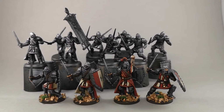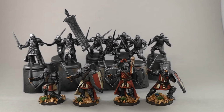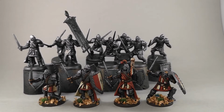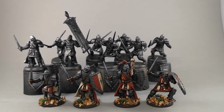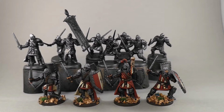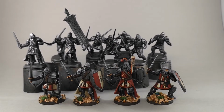I'm going to be taking you through the painting process for my Men-at-Arms unit from Conquest, The Last Argument of Kings by Para Bellum Wargames. The unit was sent to me by Para Bellum a week or so ago so that I could make some content with it, which I'm really grateful for. And you can see that I've painted the first 4 to give you an example of what the rest are going to look like. So to take you through it,